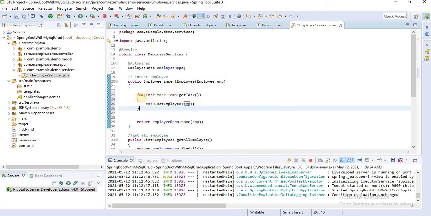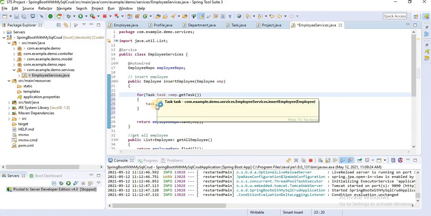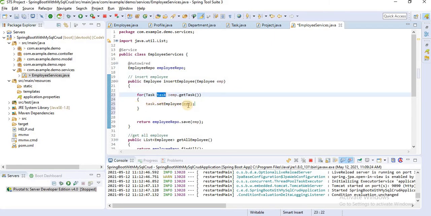If we define 2 tasks there, that means this for loop iterates 2 times. And each task object stores the employee data. Whatever employee it has, it stores inside the task.